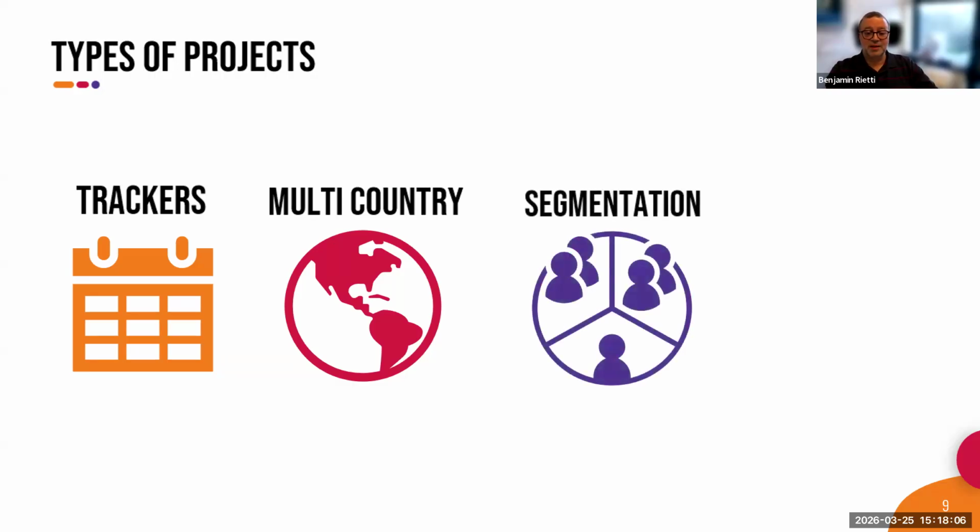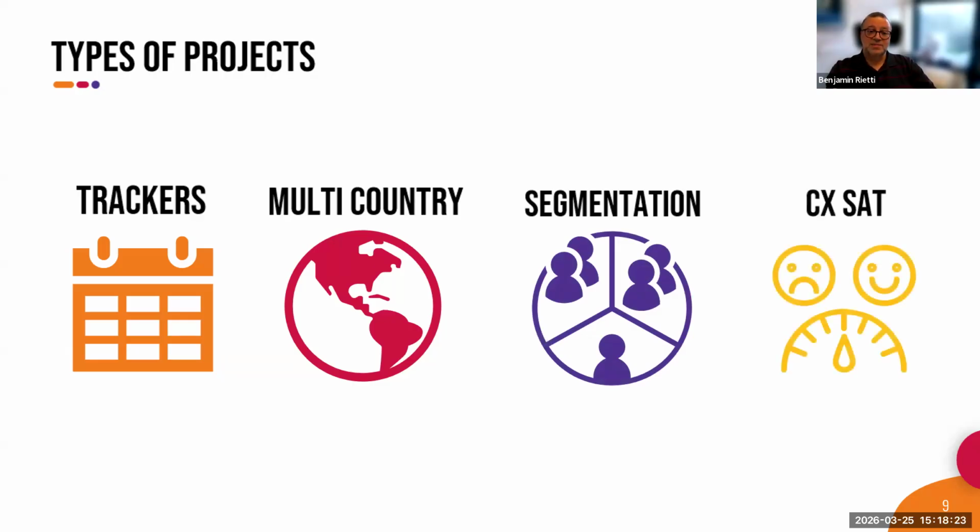Segmentation, of course, like Paul said, where the same set of slides is repeated across different segments, brands, products, categories, whatever it may be. You simply set up that automation on the core set of slides, and then they get replicated across all those segments. And finally, customer satisfaction and employee satisfaction studies, where you need the same report generated for multiple stores, departments, teams, individuals even. You just set up one template and then it can be replicated hundreds, if not thousands, of times.